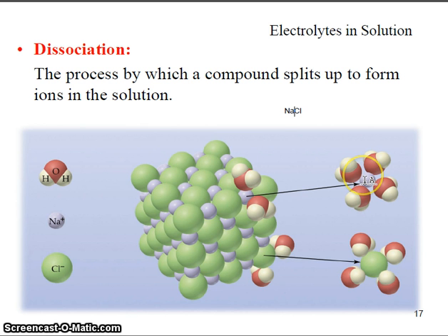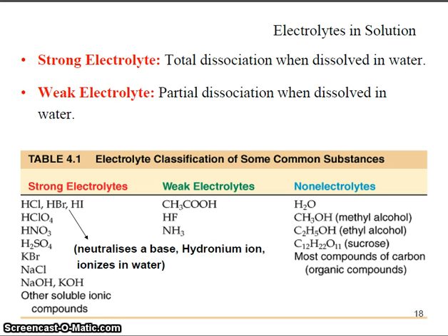And so each of the sodiums gets surrounded by water molecules where the oxygen faces the sodium ion, likewise each of the chlorides also gets surrounded by water molecules, where the hydrogen atom actually faces the chloride. And this process is called